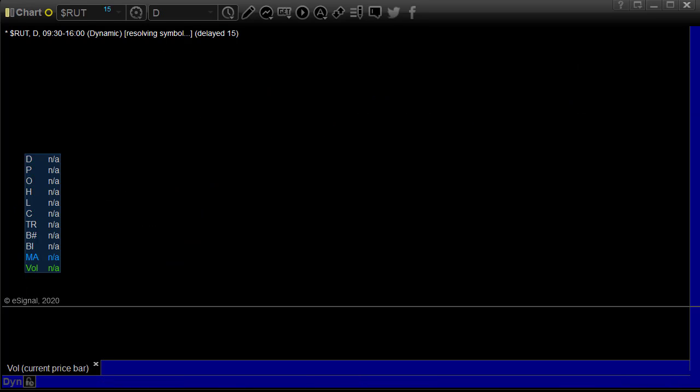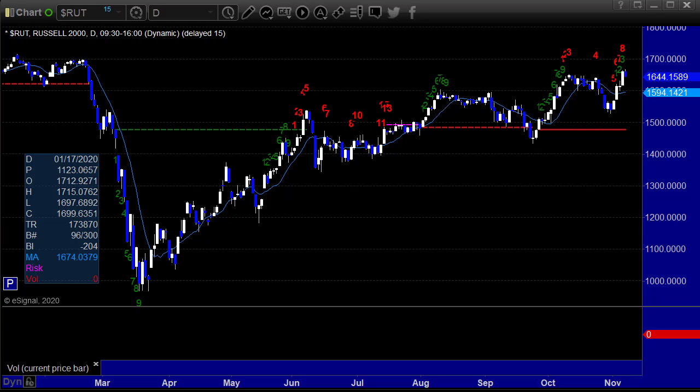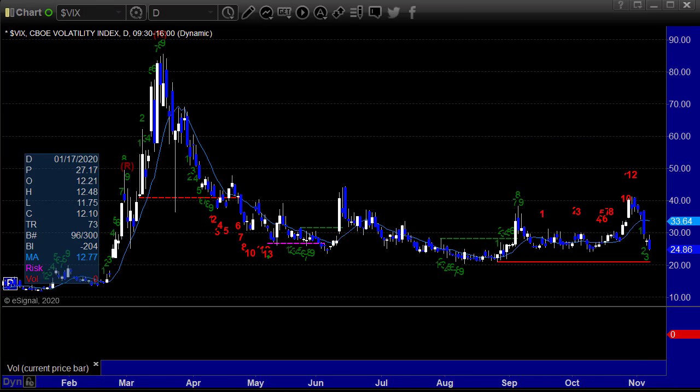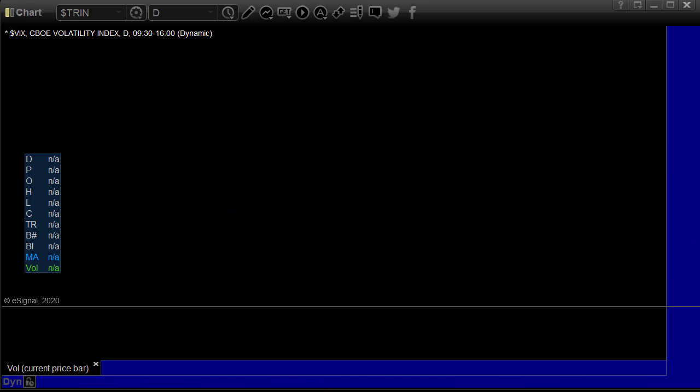The Russell 2000, the small cap index, finally making some ground, almost back to new highs, down 15 on Friday, but it was up again for the week, as was almost everything. The VIX retreated this week, and it was down to $2.72. Almost got to a 13 sell signal the week before, but still came in anyways. And remember, that red static trend line is probably going to be support on the VIX.